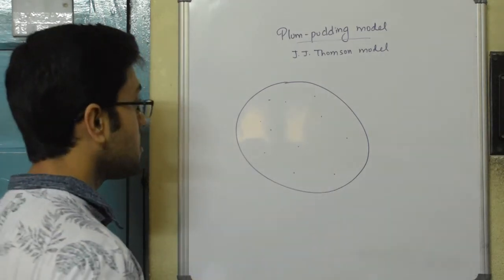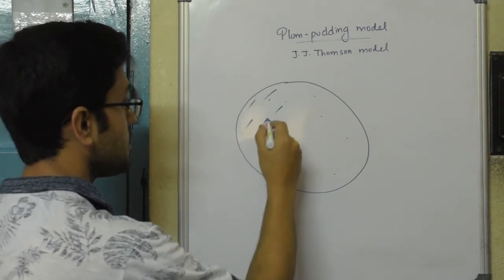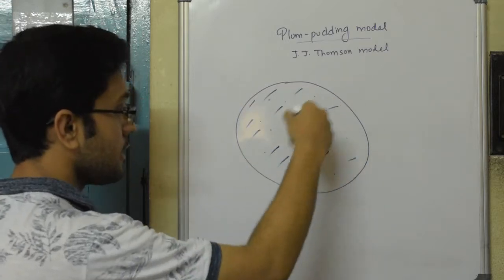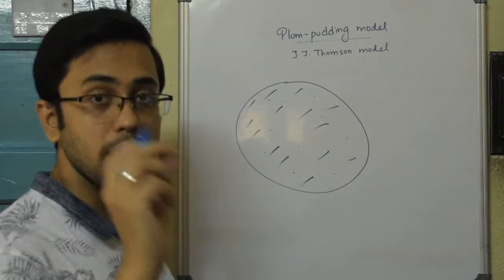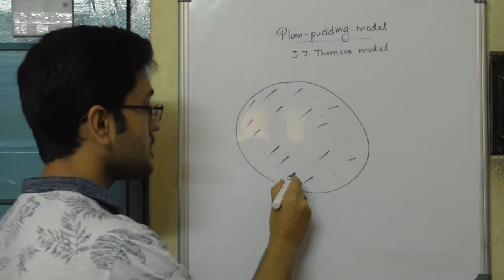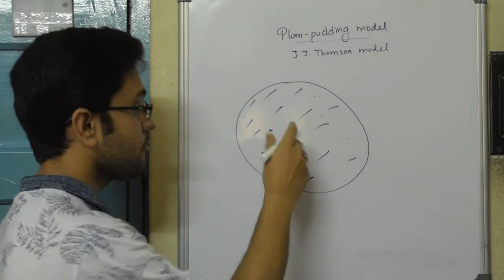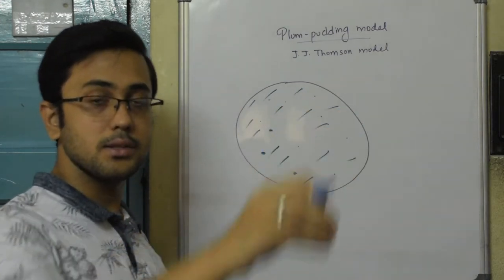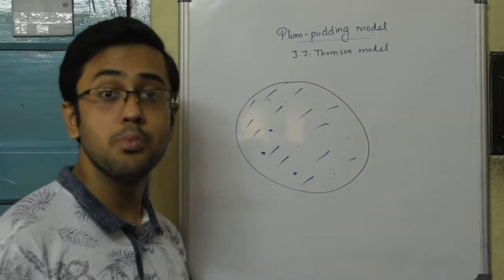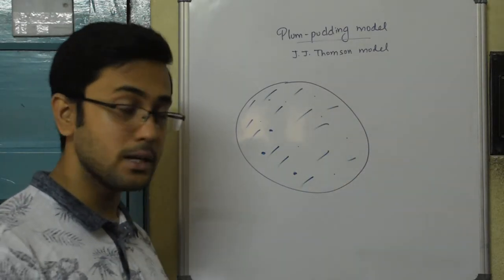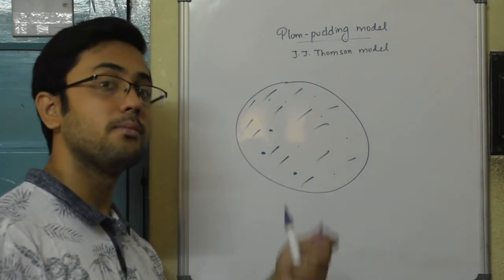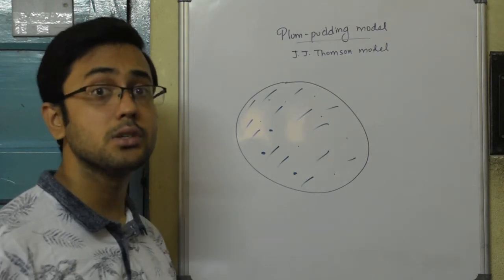So this is the sea, and on this sea there are these electrons sitting like dots, just as if you have a pudding cake, and on that pudding the plums are these small points. On the puddings you can find certain plums randomly associated at various places. In a similar manner, if the entire atom is a pudding or a sea of positively charged particles, then the electrons are the plums, distributed in a scattered manner throughout that pudding. This was the J.J. Thomson model.